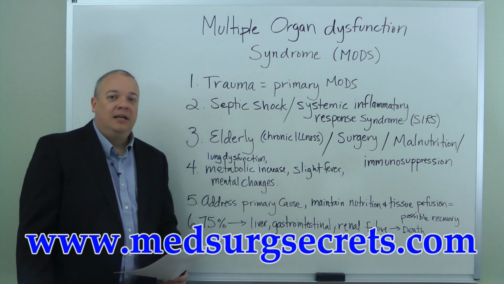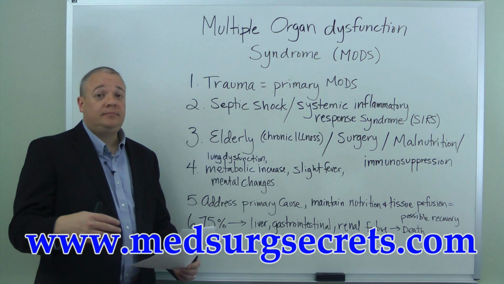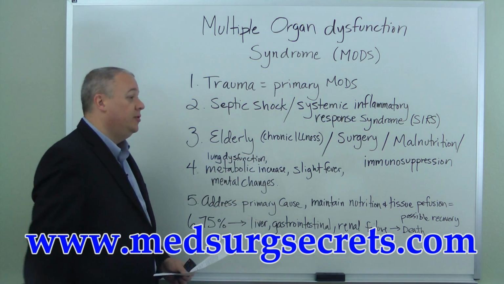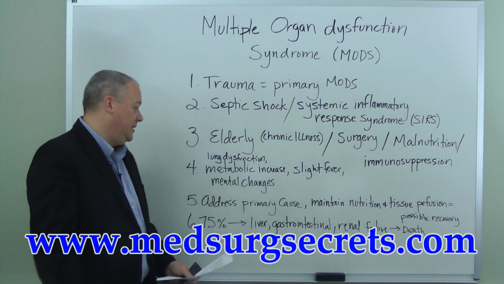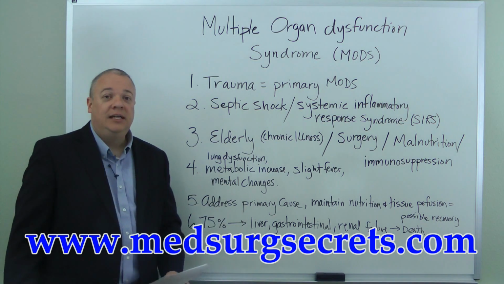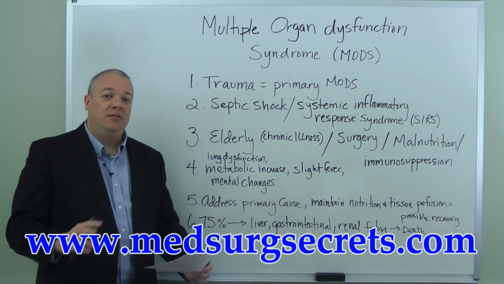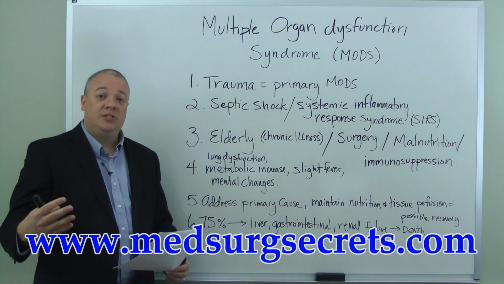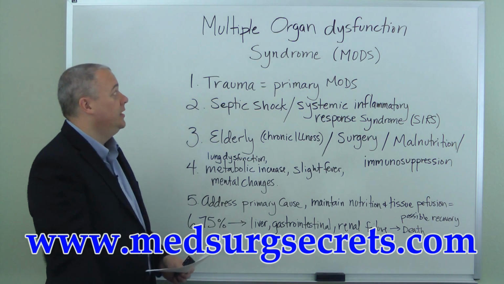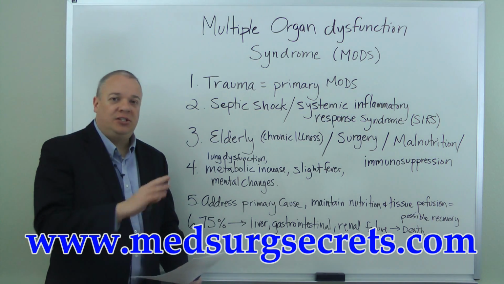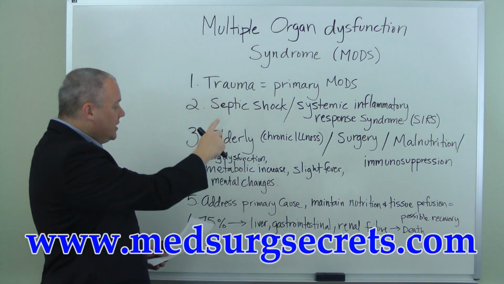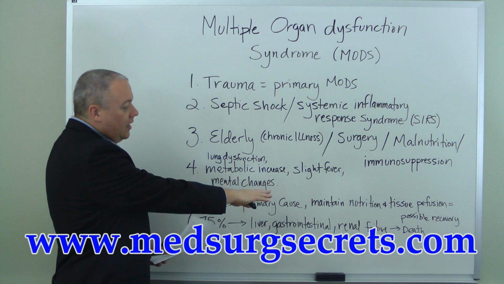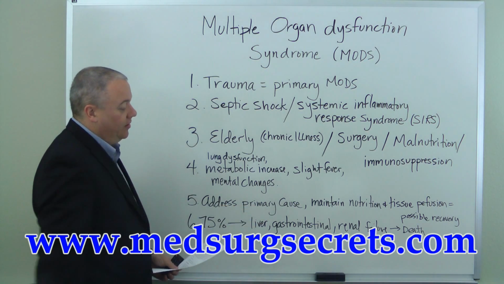In dealing with it, certainly from a nursing standpoint, it's important to maintain nutrition, tissue perfusion, those sorts of things. And then obviously if the person survives, then there may need to be some education follow-up to teach the person how to deal with possible permanent results of having suffered from multiple organ dysfunction syndrome. Anyway, this is just a basic overview of some of the causes, some of the signs of its onset, ways of dealing with it, and then some of the results.